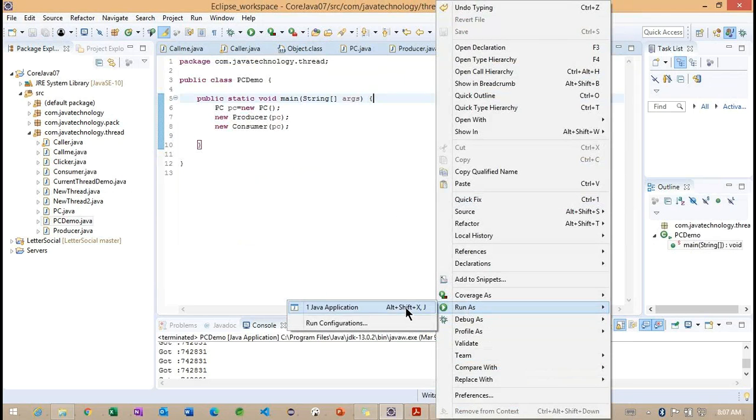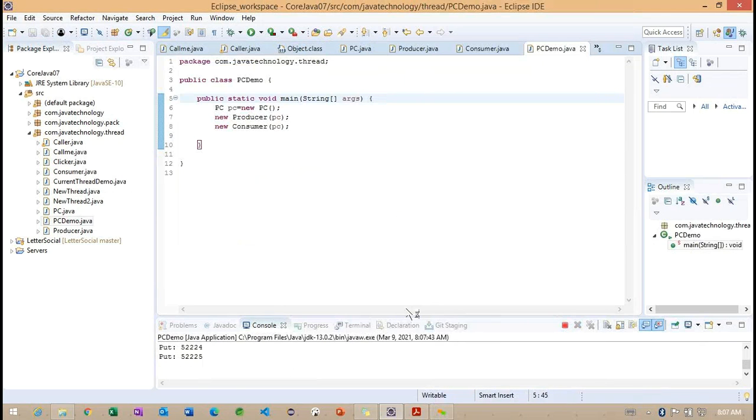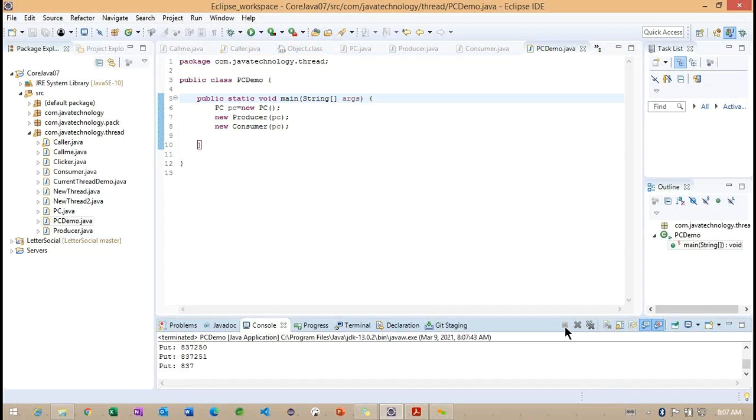Simple example, I'm going to run one more time. Still it is executing here, so the conditions are still not matching.